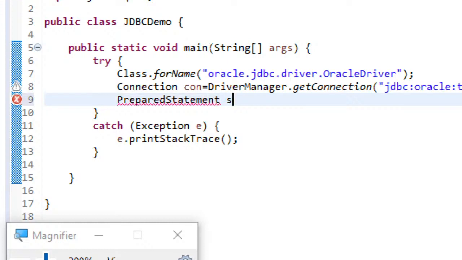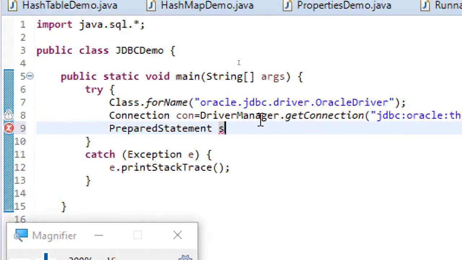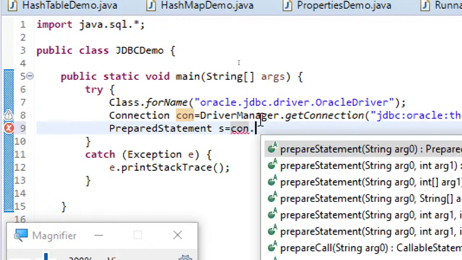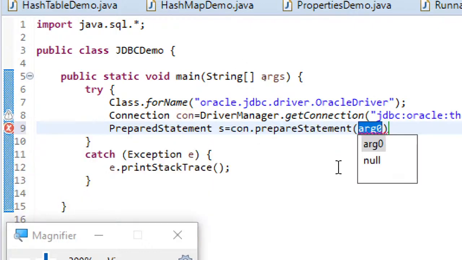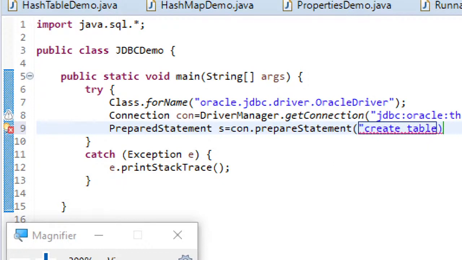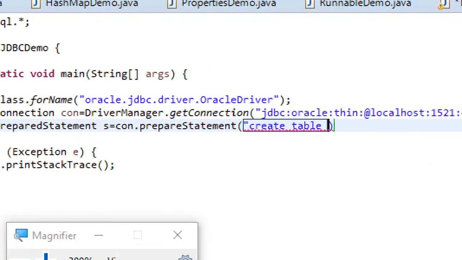So prepared statement s equal to con dot prepareStatement, and now what we do is we shall execute a query in order to create a table. So create table. Okay, let me use a table name. Okay, let's create student,